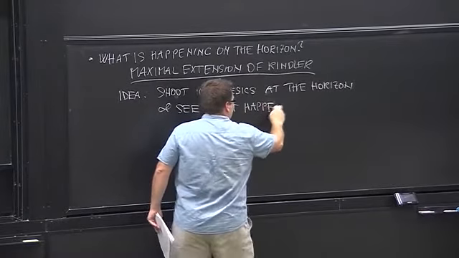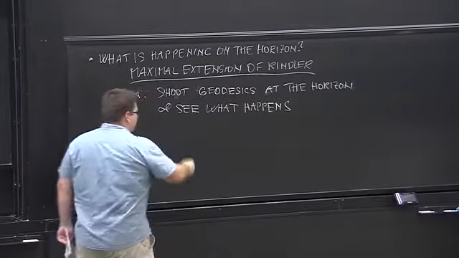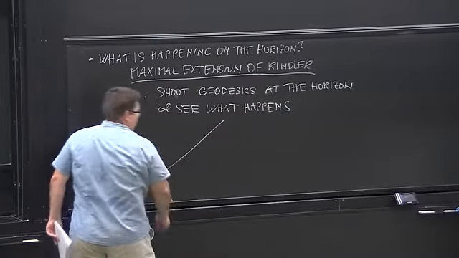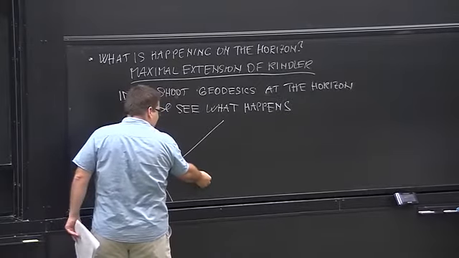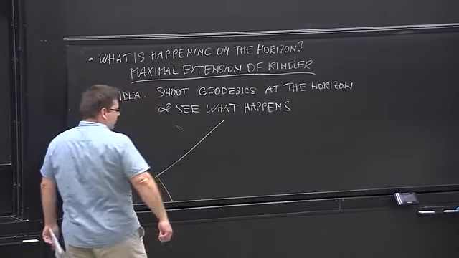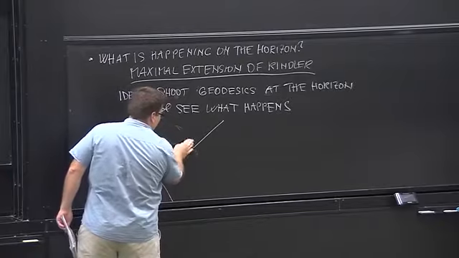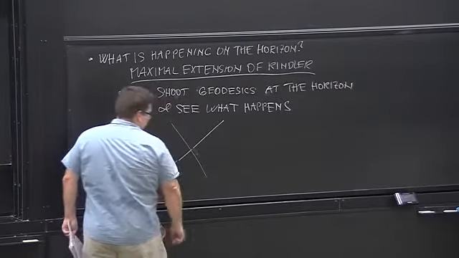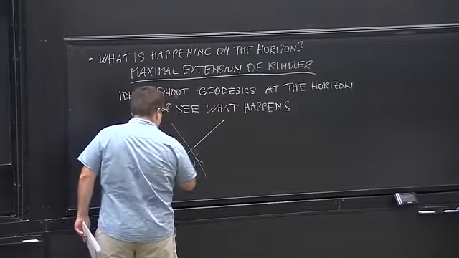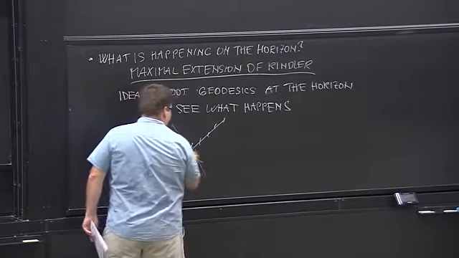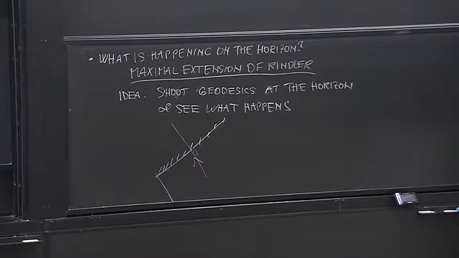Now we can, in principle, choose any geodesic. So this is my horizon here, and you can choose any geodesic which goes towards this horizon. What people like the most, and what is the simplest to analyze, is to choose null geodesics, simply how light would travel. So instead of choosing an arbitrary geodesic, I choose a geodesic which goes directly at my horizon. And the question is, can this geodesic pass through that horizon, or does it terminate at the horizon?